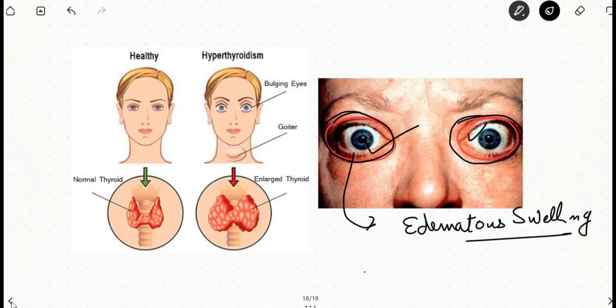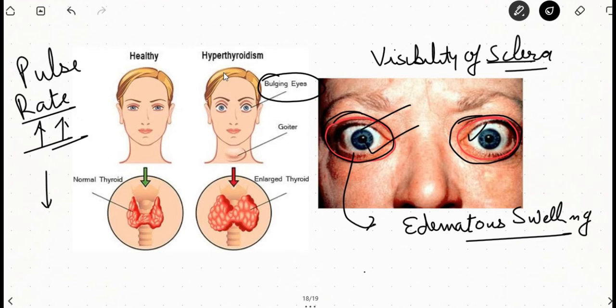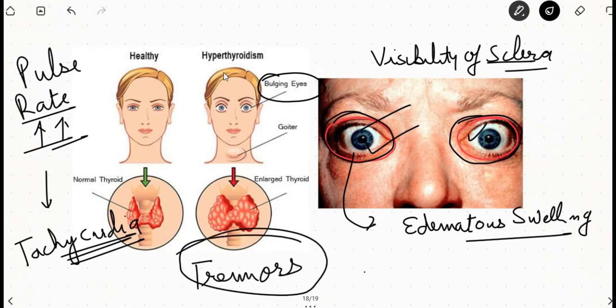Another important feature is lid retraction. What is lid retraction? It is the visibility of sclera between the upper lid and the cornea. Along with bulging eyes, the pulse rate is increased, indicating tachycardia. Tremors of the tongue when it is within the oral cavity, and tremors of outstretched hands are characteristic features. So tremors, tachycardia,